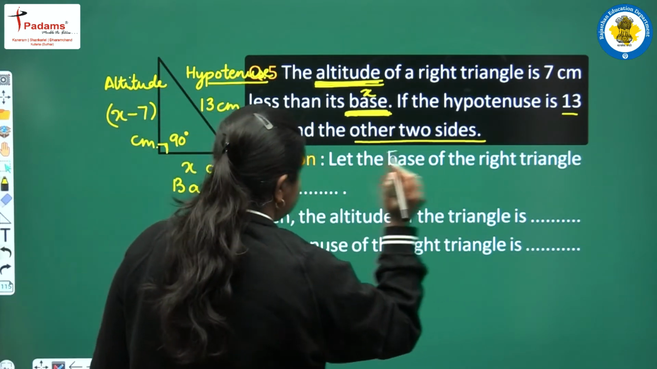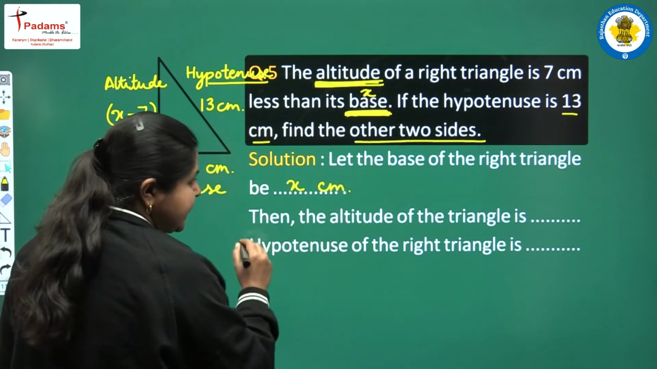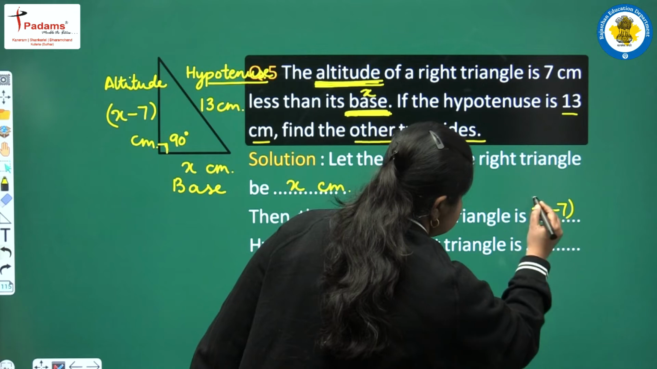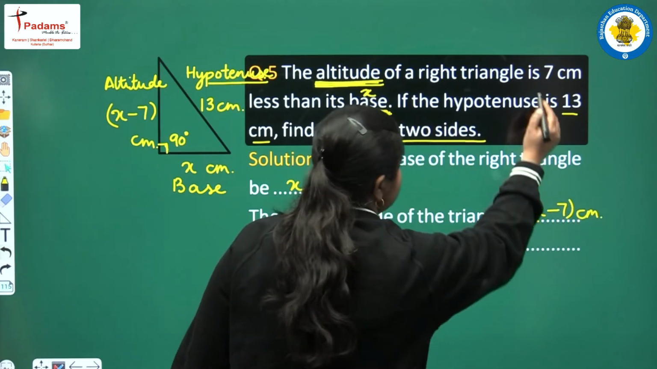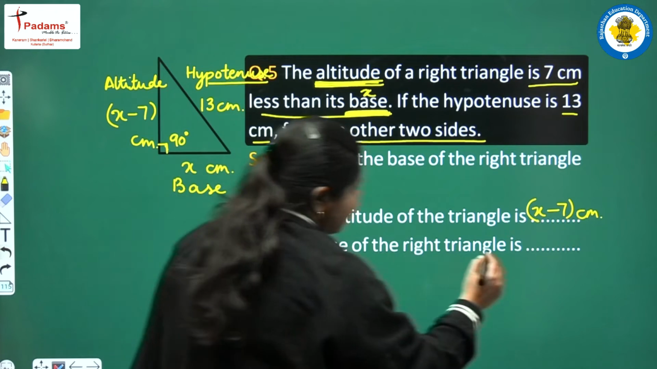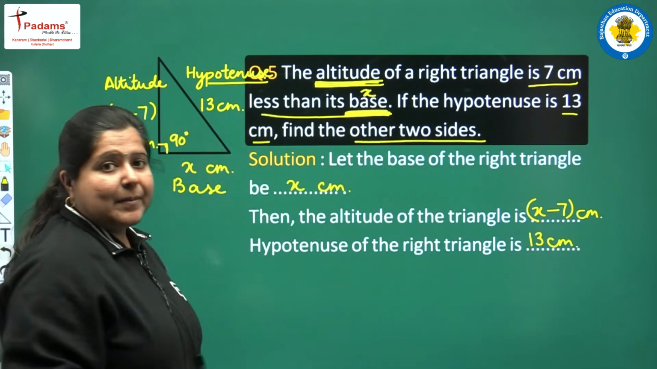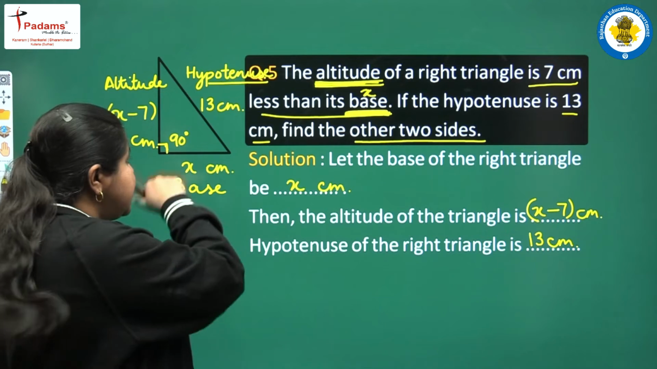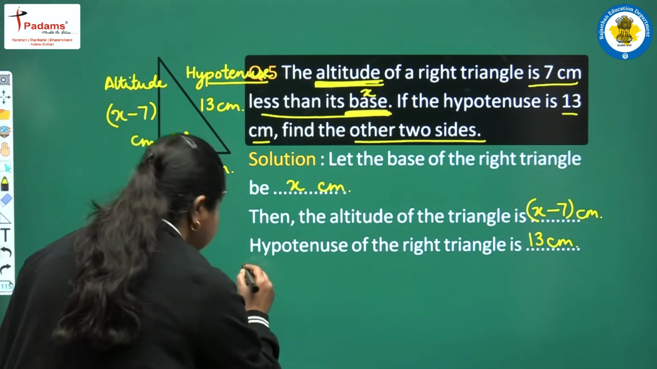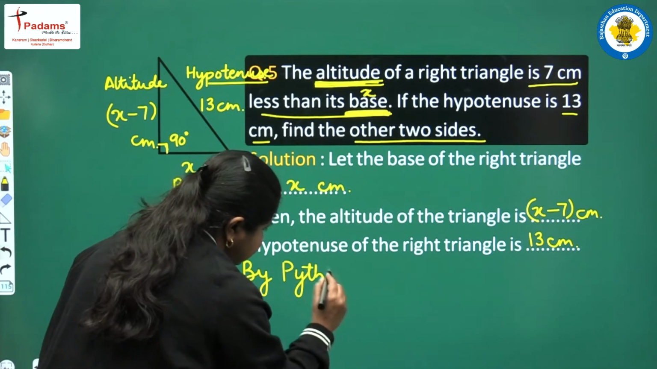Now we write the statement. Let the base of the right triangle be x centimeters. Then the altitude of the triangle is x minus 7 centimeters as given in the question, 7 less than its base. Now hypotenuse of the right triangle is 13 centimeters. अब आप बताइए एक राइट ट्रायंगल की इन तीनों साइड्स में क्या रिलेशनशिप होती है. You must be knowing that by Pythagoras theorem